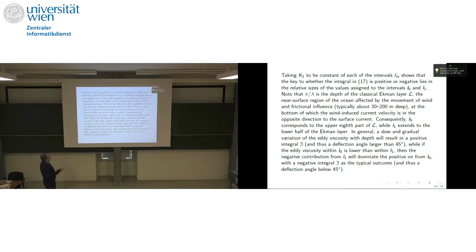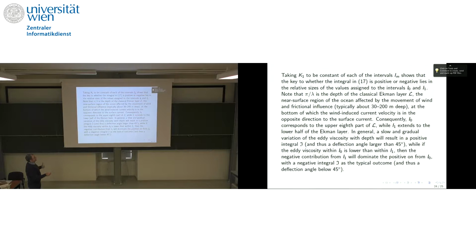So this is the upper eighth part, then this goes almost to the upper half, but it's 3/8, it's not actually 1/2. So a slow and gradual variation of the eddy viscosity will result in a positive integral, because the one at the top, because these things vary but not much. But, okay, if the eddy and the deflection, and then the integral is positive and the deflection angle is bigger than